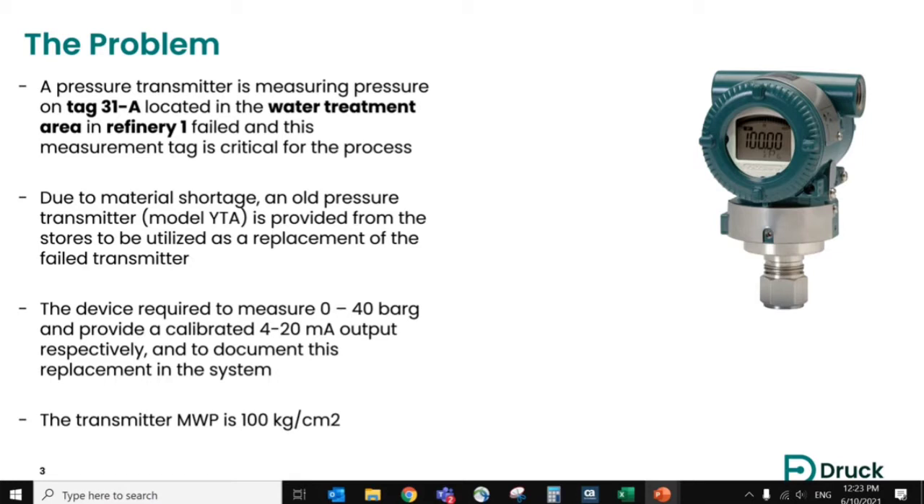This tag is very critical for the process, so we have to utilize something else to perform the measurement. Unfortunately, there are no new transmitters, so we'll be using a previously used one till we get a new supply. So that's our issue now, that the old transmitter is from Yokogawa,